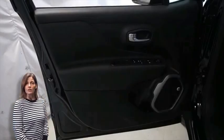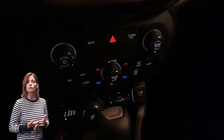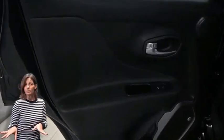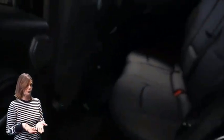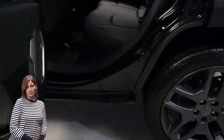package, heated front seats, heated steering wheel, only 11,000 miles on the odometer, 8.4-inch touchscreen display, navigation, rear backup camera, dual zone temperature control, select terrain system, Beats premium audio system, split folding rear seats, 1.3-liter turbocharged 4-cylinder engine, and